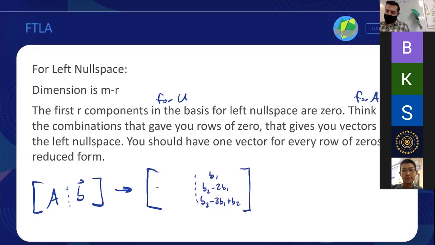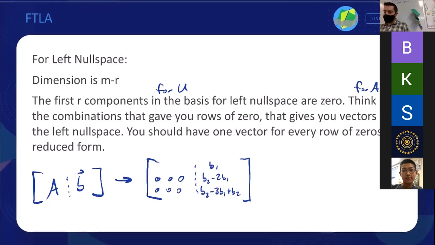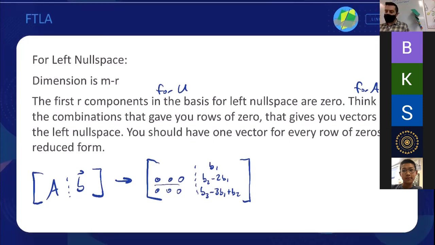If my U ends up with rows of zeros here, those combinations, that is the left null space. That's what we are looking for, is when I get zeros on this side, this tells me